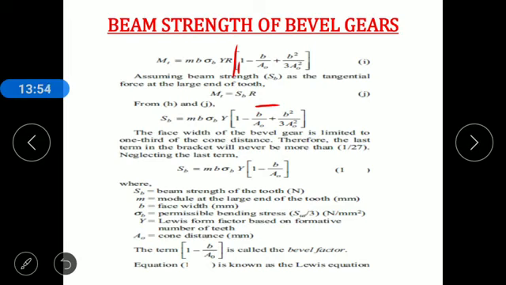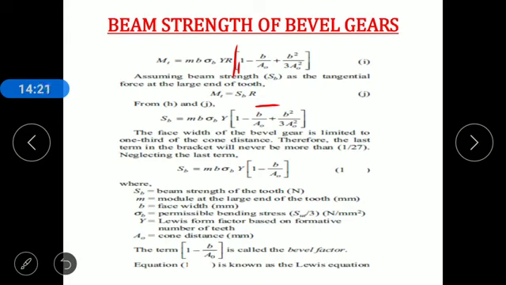Here the face width of this bevel gear, b, is 10 times module, that is known to you, and another equation for face width is b is 1/3 of cone distance. Here the face width of bevel gear is generally taken as 10 times module, or in case of a bevel gear taken as 1/3 of cone distance, and whichever is smaller,